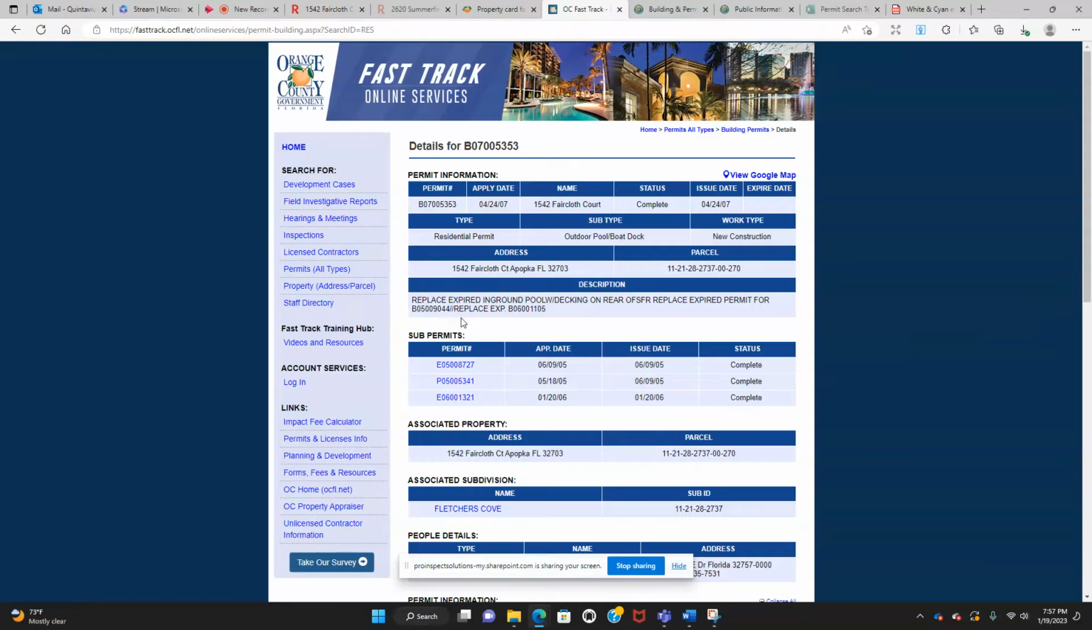They did some work to the pool again here. Replace expired in-ground pool with decking on rear. Okay, so they did some things to the decking. And when it says replace expired in-ground pool, the decking, that means they applied for it before with the earlier